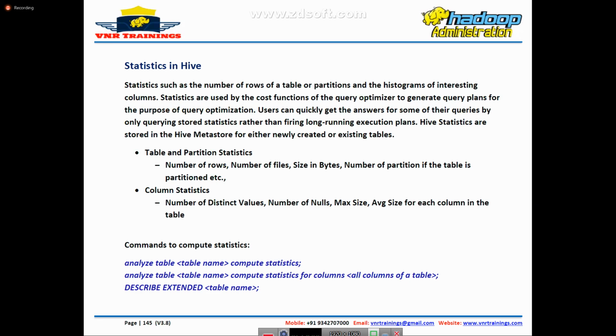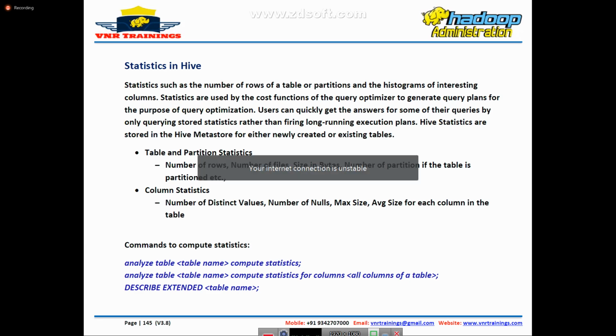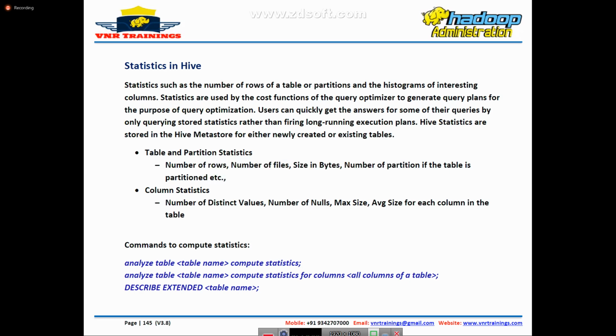What do you mean by customer facing tool? Does any customer submit a query directly to the Resource Manager? No. For customers, the only entry point is HiveServer2, correct or not? Yes. If HiveServer2 is down, all customers will be impacted. That is the reason we need to take care of these client facing, customer facing tools